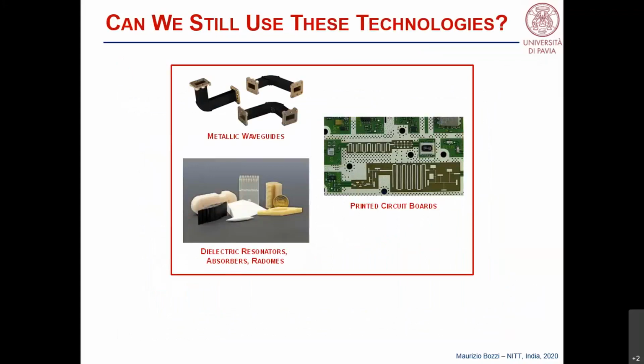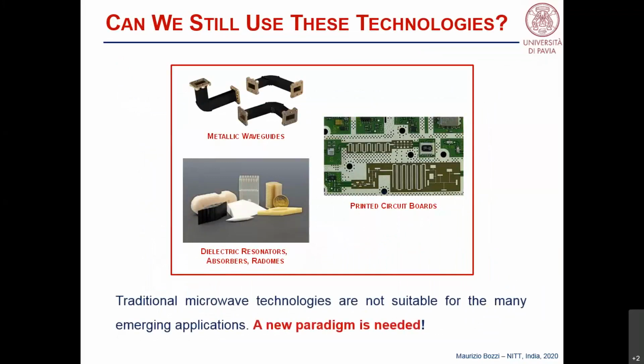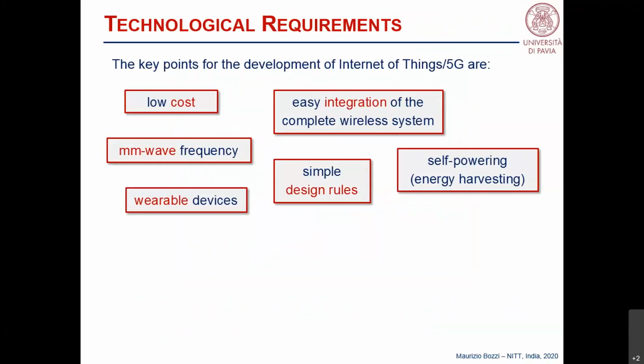So if you look again at the first slide that I have shown with metallic waveguides, standard PCB, and electric resonators, well, what we can say is that traditional microwave technologies in most cases are not suitable for the emerging applications. What we need is a new paradigm for the technological requirements of 5G and IoT for the next generation of wireless systems. And what we need is a technology that allows for low cost